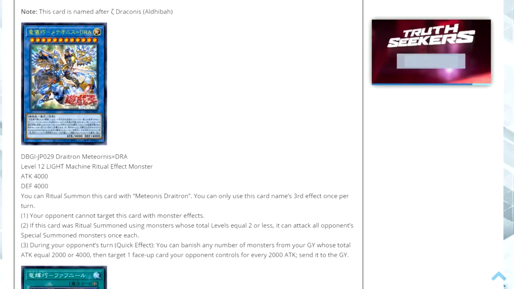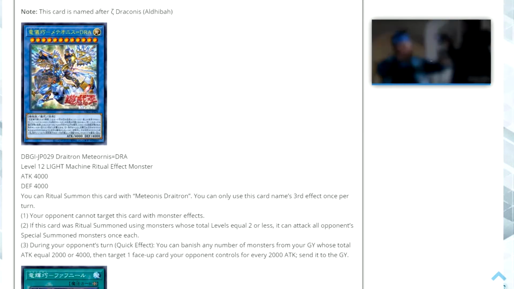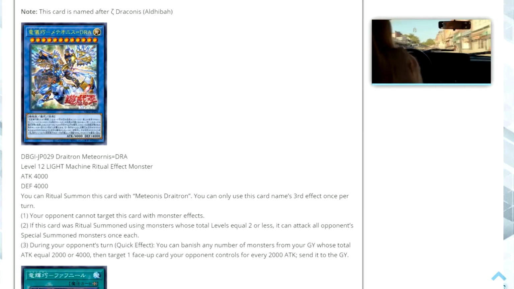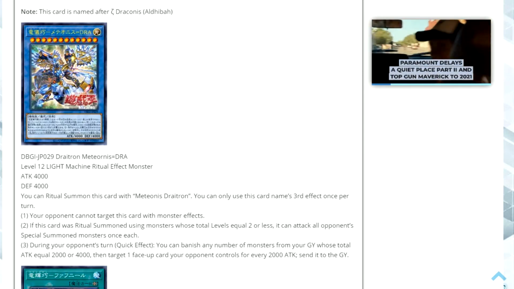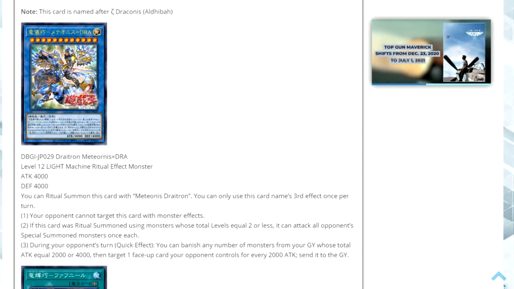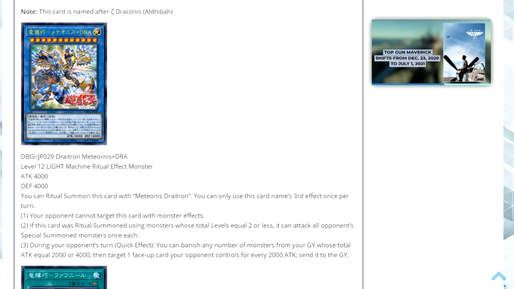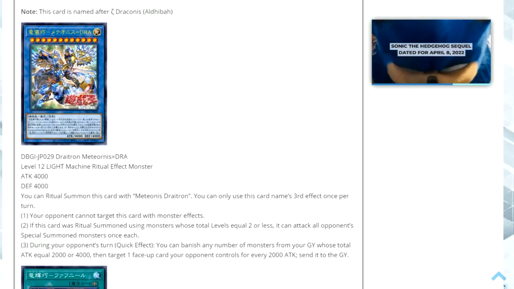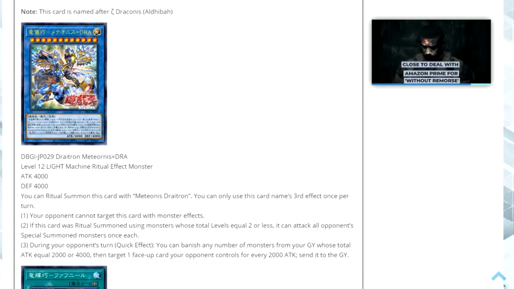So this card has an incredible stat line. Of course, for a level 12, it's going to have something like this. It needs to be quite impressive, and especially since it's their only go-to boss monster at the moment, it needed to be something that packs a bit of a punch. The first part of the effect, being unable to be targeted by your opponent's monster effects, is okay, but it would have been better if it had been spell, trap and monster, just to provide it with that